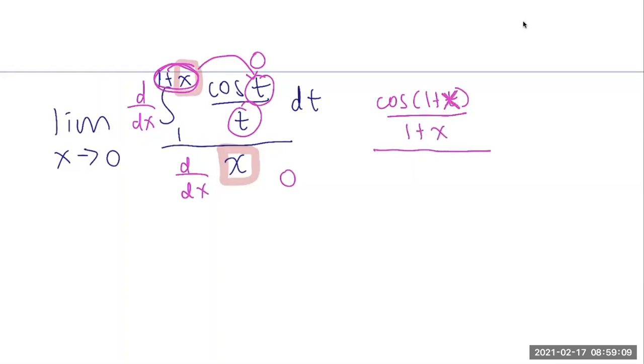And then the derivative of the bottom, don't forget to do that, is 1. And overall, it's a limit question. I've just applied the first step of L'Hopital's rule. Okay, so I would also want to caution you guys, if the expression on top